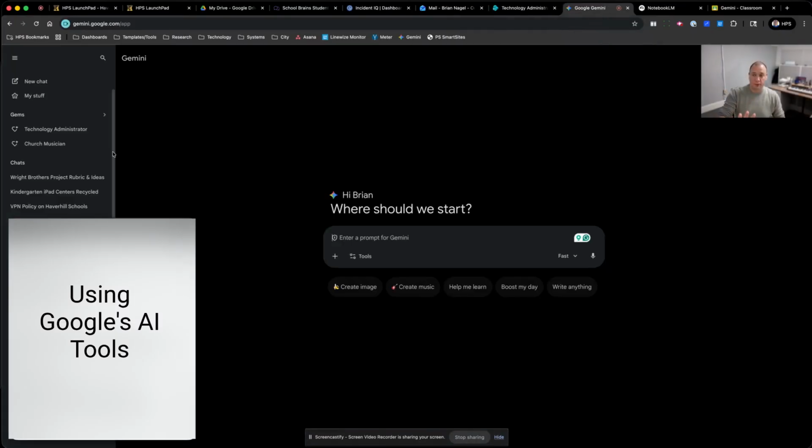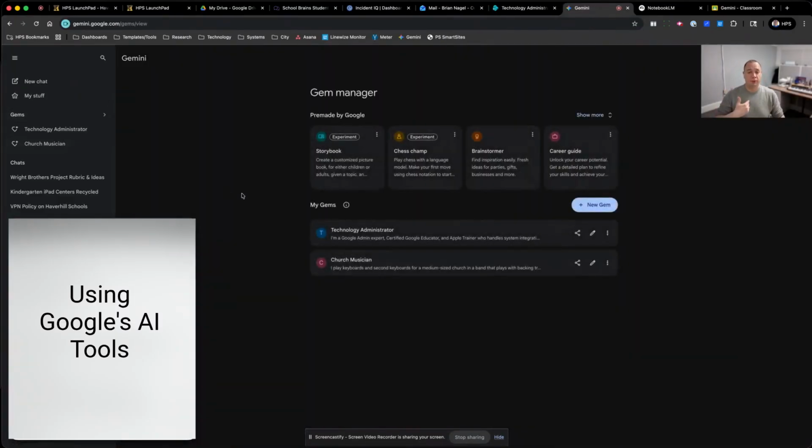In January, we took a little step further at the gem concept. So instead of using a pre-built gem, we were like, okay, what can we do to actually create our own in here to create a focused voice for a specific purpose, and so that the engine that works with the AI gives us feedback that's based in that personality. And its analysis and output is more geared towards the things that you would use it for.